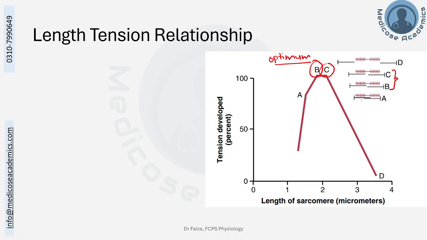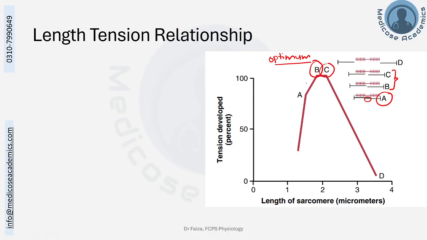Now, why is that so? Again, have a look at this point A. At this point A, now the actin filaments have started overlapping each other. Now, again, the adequacy of interaction between the actin and myosin filaments will decrease. This portion of actin filament will no more be capable of interacting with the cross bridges. So, again, the tension developed would start decreasing. This is the length tension relationship.